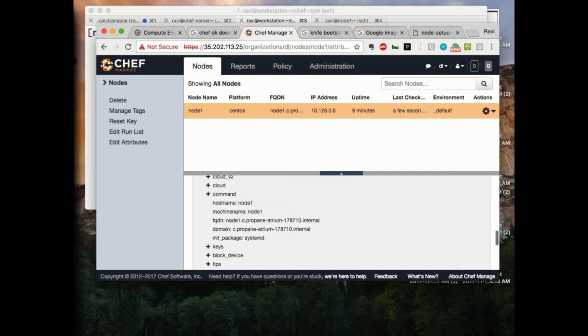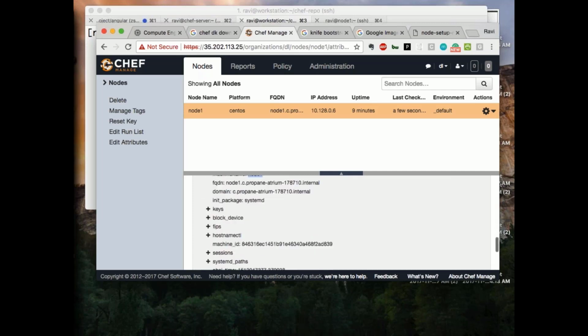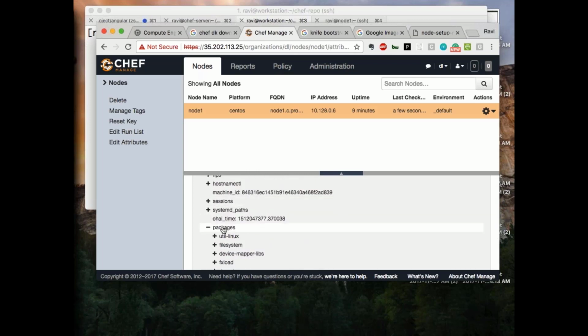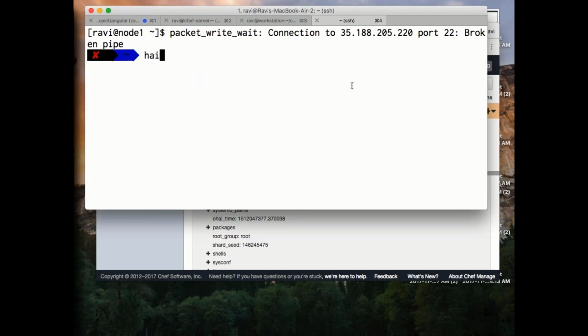And what is the current host name of your system, right? The packages which you have in your system. It collected everything. How is it going to collect that information? It uses something called OHAI. There is a process called OHAI in your machine. So if I go and run OHAI here,